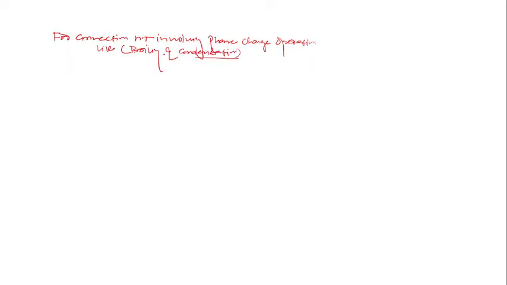For convection heat transfer involving phase change operations like boiling and condensation, because they are examples of convection heat transfer where the phase will change, in this case h depends on the following parameters or variables.